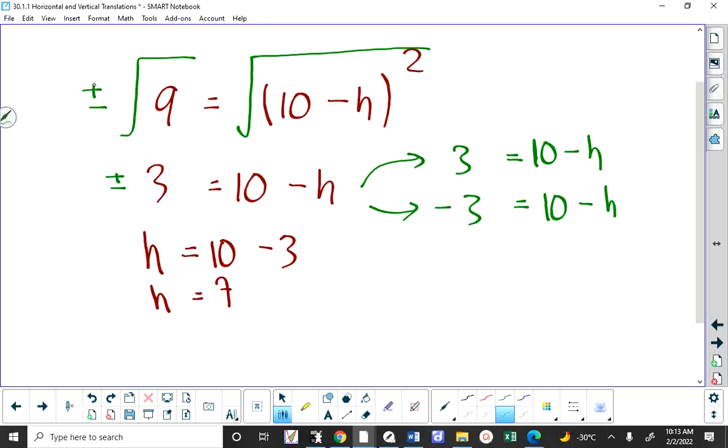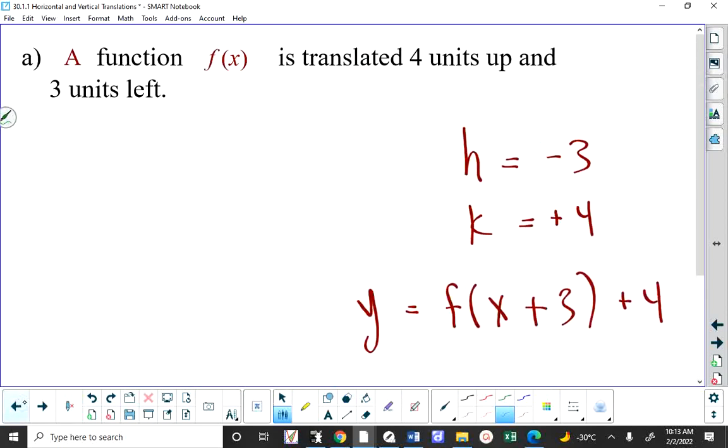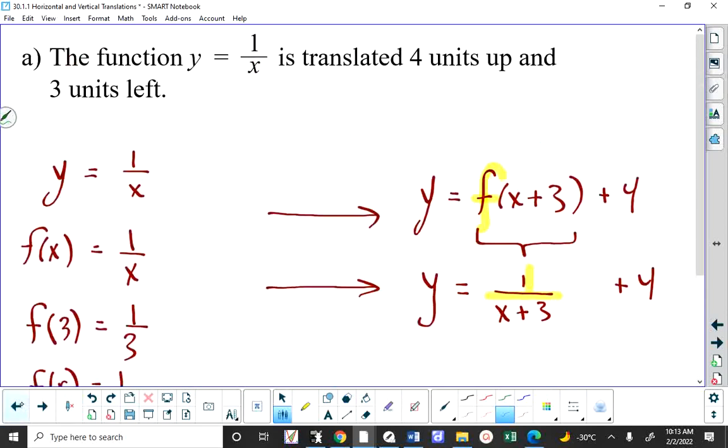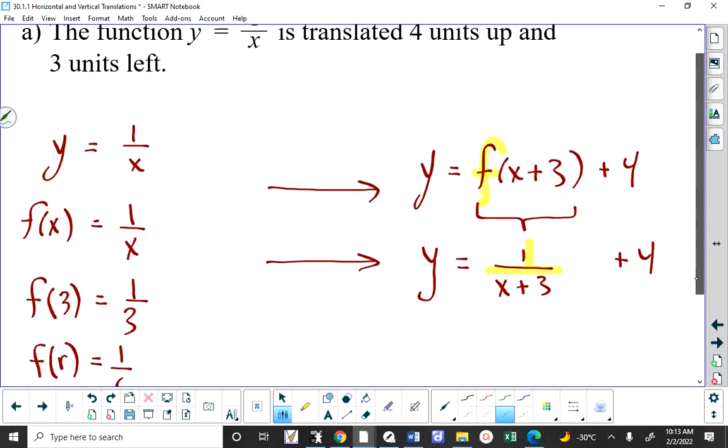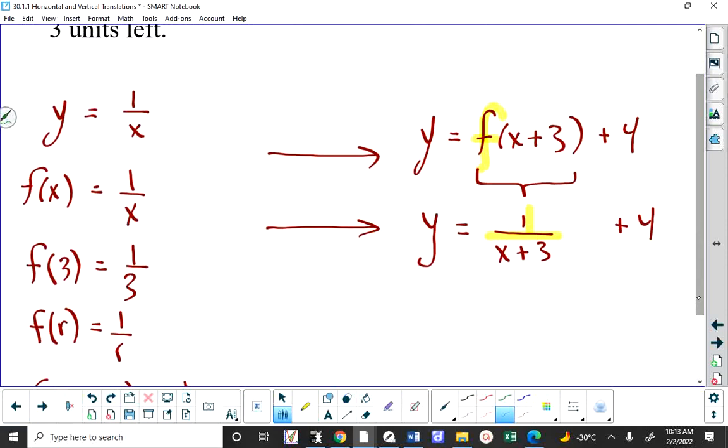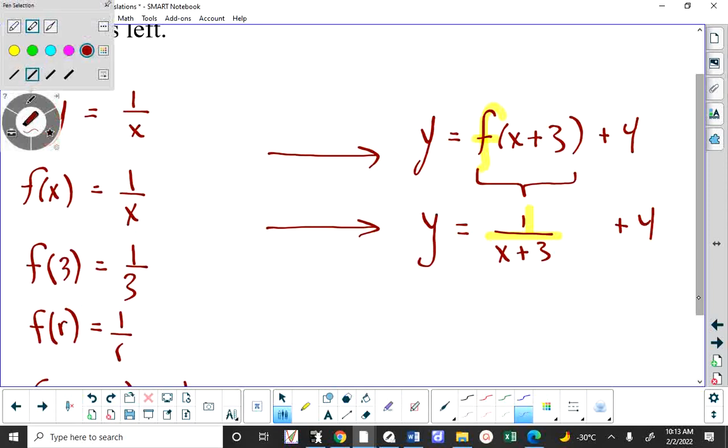I want to go back to, say, this question. I'm going to highlight the original function in, not brown, in yellow. This is the original function. O for original. And I'm going to highlight the transformed function